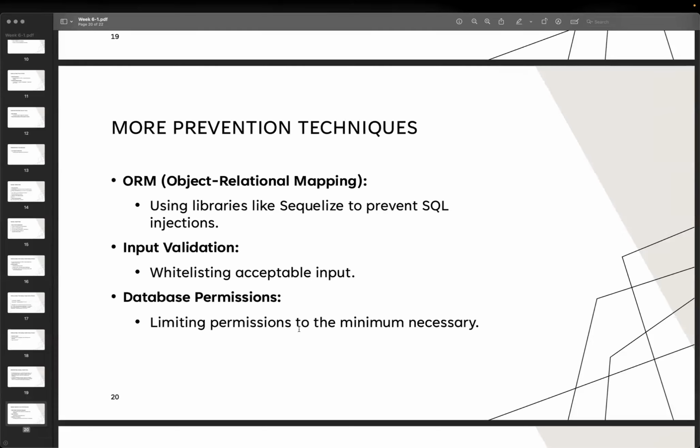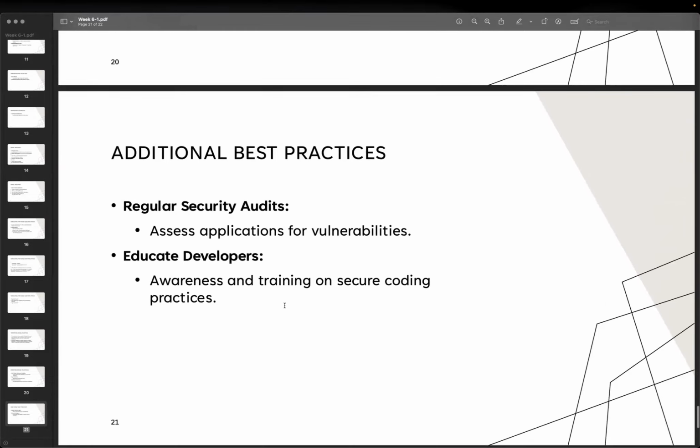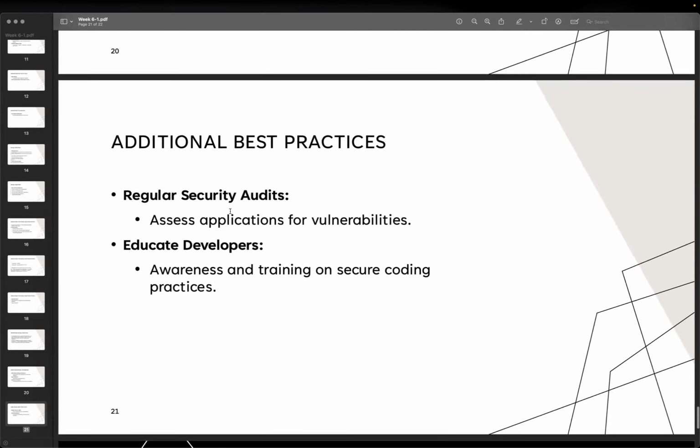And also database permission. Always limit the permission to the minimum necessary, like CIA when we talk about CIA, so the file permission: read, write, execute, those IDM. And we will always emphasize regular security audits. So we will assess the application for vulnerabilities, and also we need to educate the developer, with awareness and training,